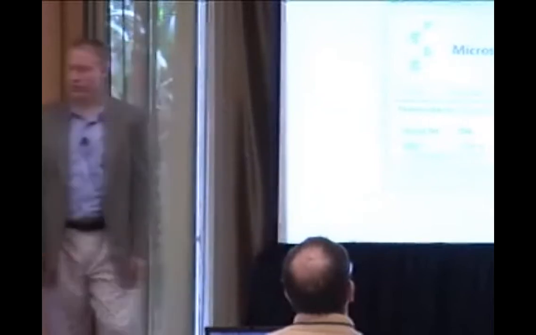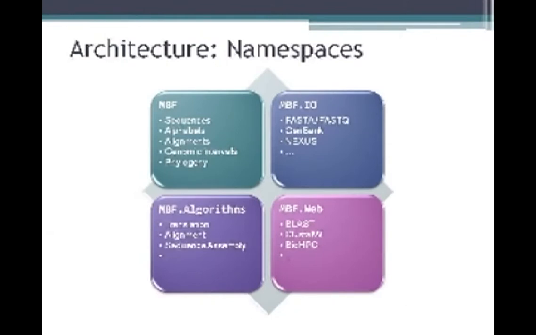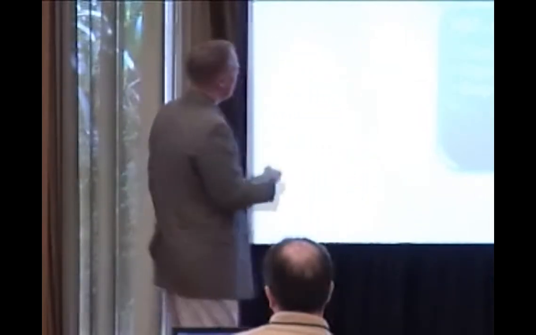So you can download the source code and go through it all. Again, we'll look at that in just a few minutes. It comes as a zip file, and so you just unzip it and you get everything. It has unit tests, it has the source code to MBF itself, the source code to all the algorithm pieces. Everything's there. So that's the introduction of what MBF is, how you get it, and how you install it.